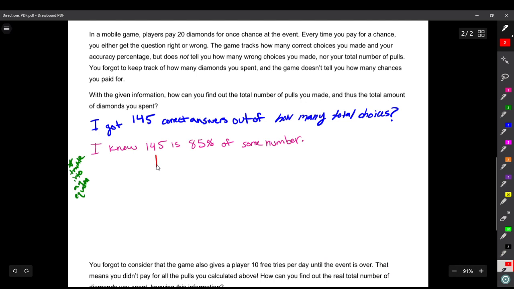So, 145. Well, that's just a number, so we're going to say 145 is. Now, what does "is" actually mean? In this case, 145 is the same thing as 85% of some number. That's really what it's saying. So "is", in this case, translates to an equal sign. Now we have 85%. You might think just to put an 85 here, but it's not just an 85, it's